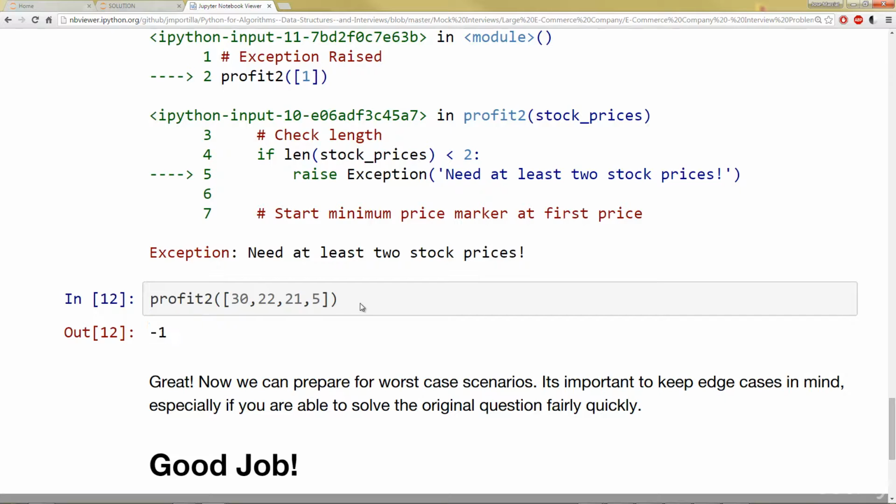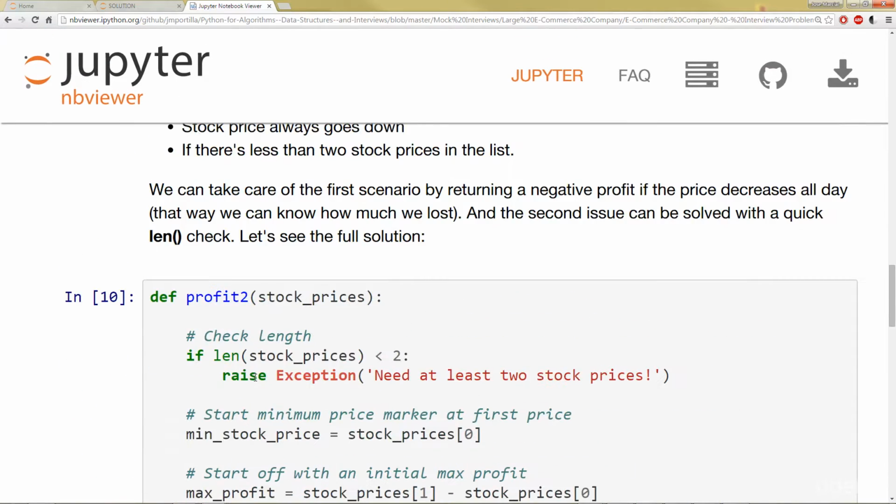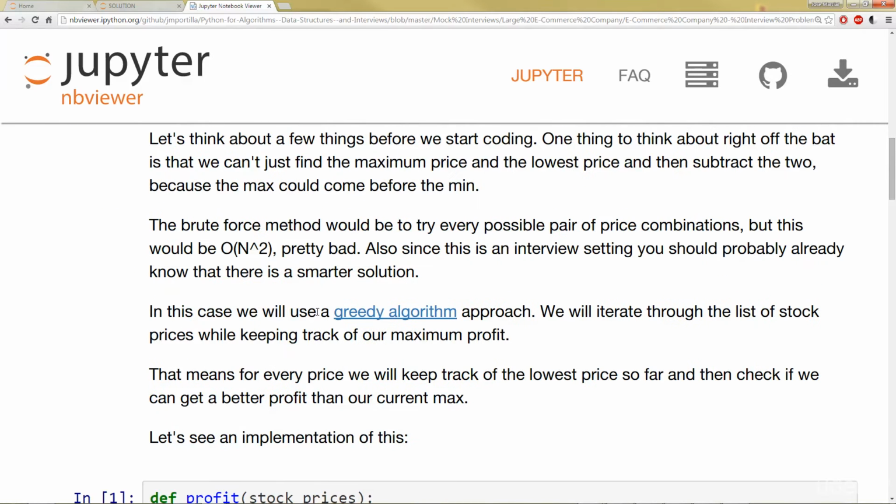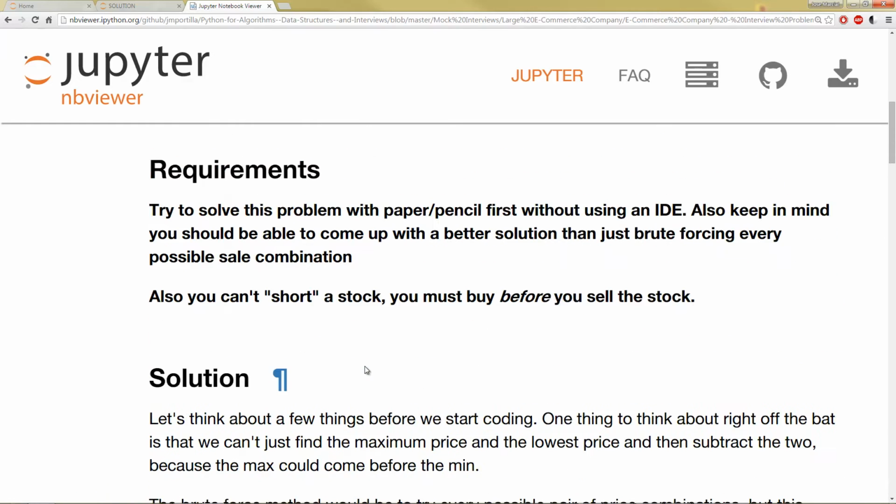All right, so make sure to keep edge cases in mind, especially if you solve the original question fairly quickly. And make sure you review this question. It's a pretty common one, so it's important to know about greedy algorithm approaches and how you can use it to solve this problem. All right, go ahead and review the